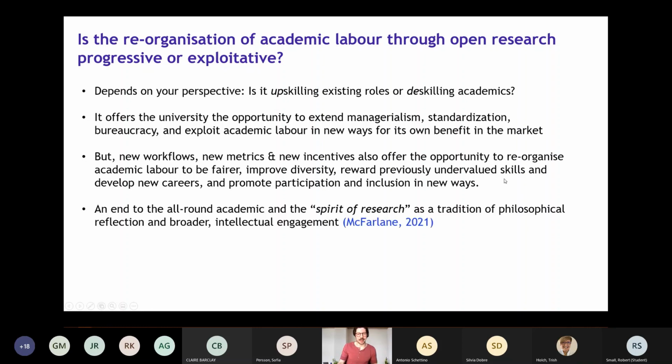But if that is the case, does that mean an end to the all-round academic and what McFarlane here calls the spirit of research, as being something that you can't really break down into lots of bits? It's more, in some ways, a tradition of philosophical reflection and broader intellectual engagement. And that's what being a researcher and an academic is about. And I'll just end with an analogy of this, which is when I was a PhD student, I went to a talk by the